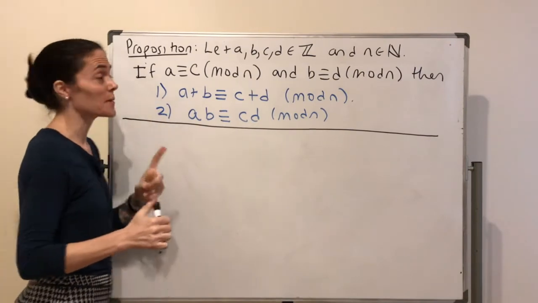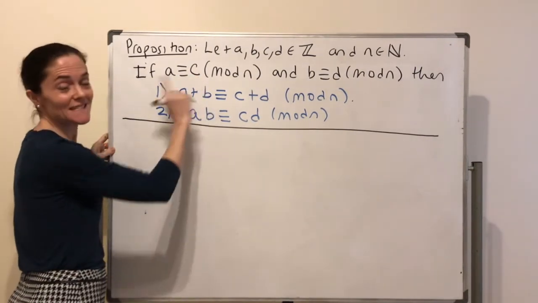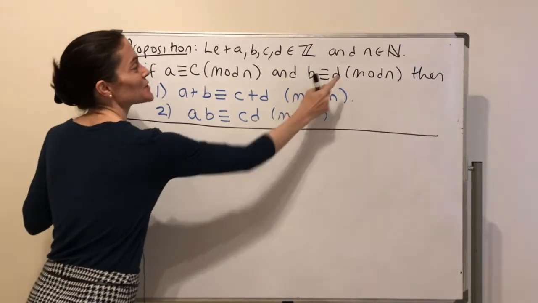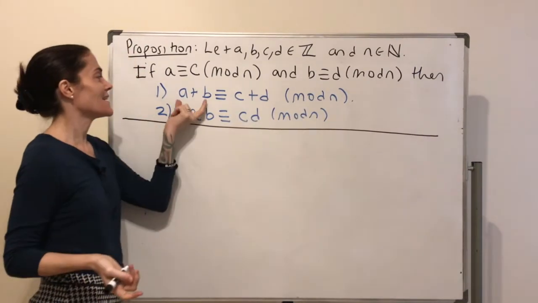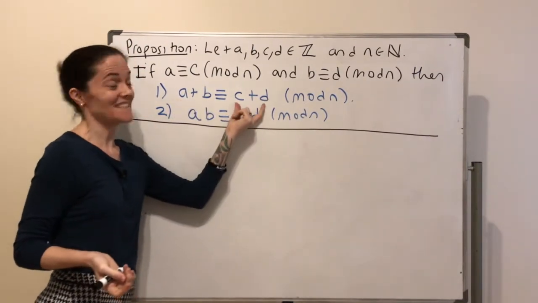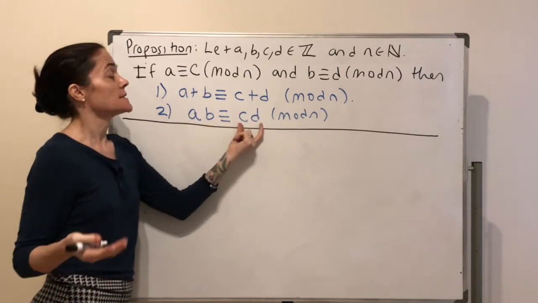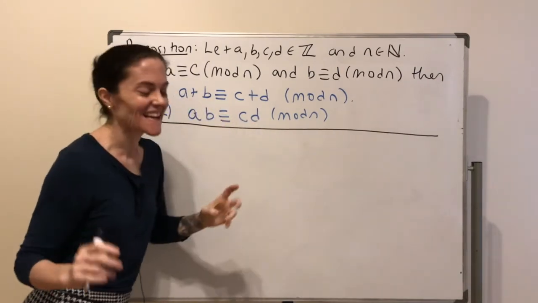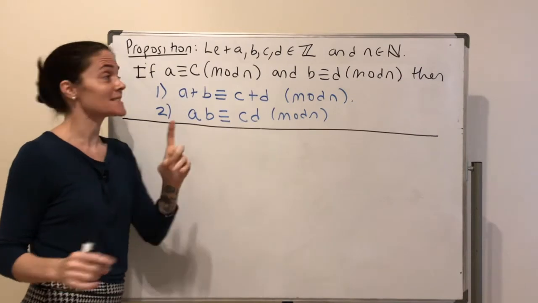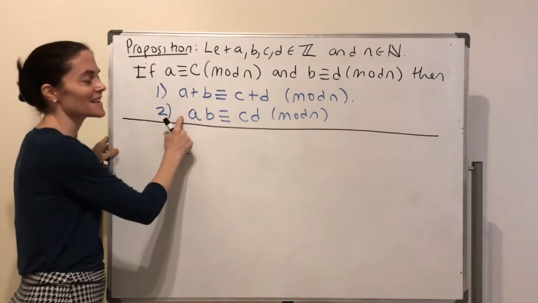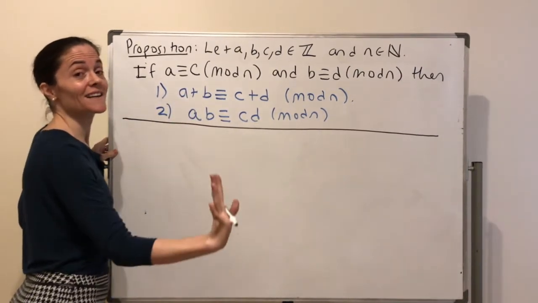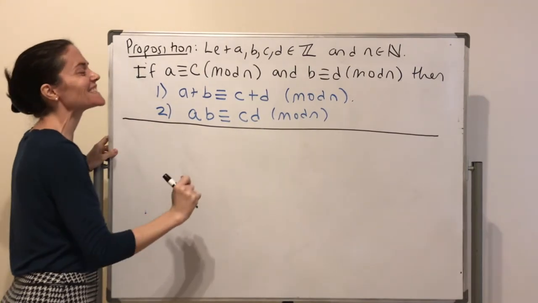n is a natural number. If a is congruent to c mod n and b is congruent to d mod n, then a plus b is congruent to c plus d mod n, and ab is congruent to cd mod n. This is telling us, once we prove it, that this addition and multiplication are well defined on classes, because say